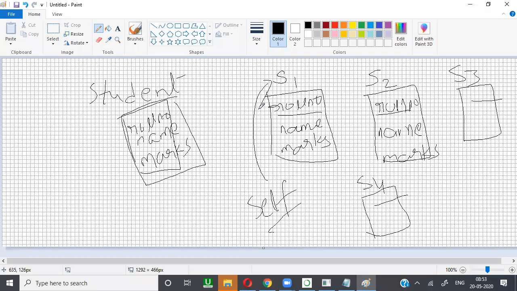If you are working with S2, S2 is saying that it is my roll number. When you are working with S3, it is saying that my roll number. So for S4, it is saying that it is my roll number. So to differentiate which roll number, we go with self. Self indicates it's my, the existing object. We call it an existing object.